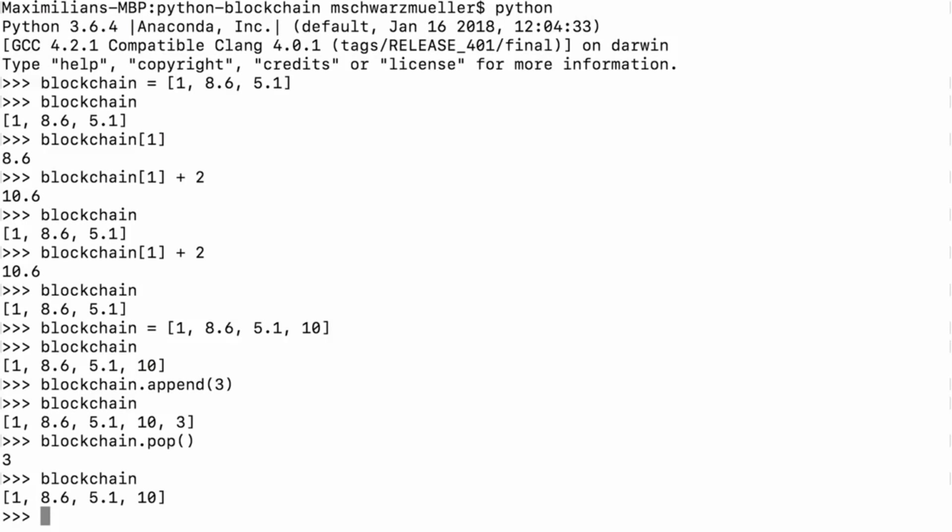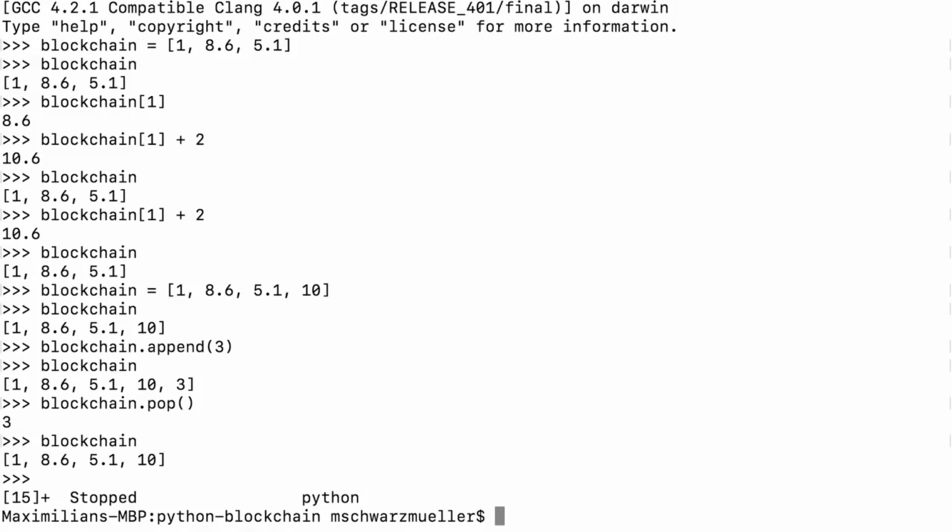So that's a first glimpse at functions, something we'll dive into also in the next lectures. And this is how we can in general work with the list and how we can start building our blockchain. And actually, whilst this blockchain is very simple, this is how we will work with it throughout the course. We'll manage our blockchain in a list, and later what will change is, of course, how we work with it, how we manipulate it, how we verify it and check if it's valid, the type of data we store, it'll be more complex, and of course, we'll also learn how we store it in a file so that it's not lost if we restart the program.